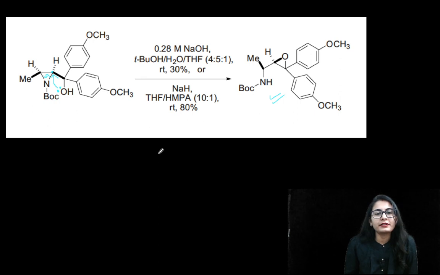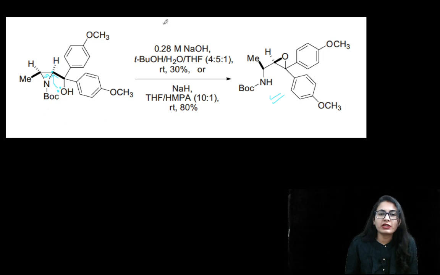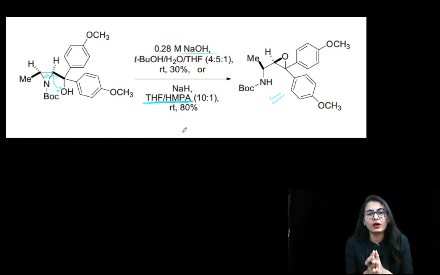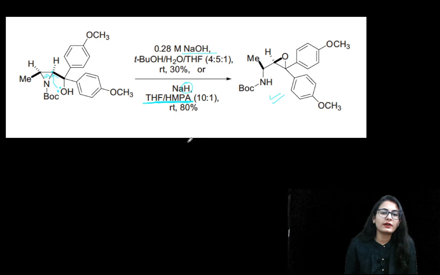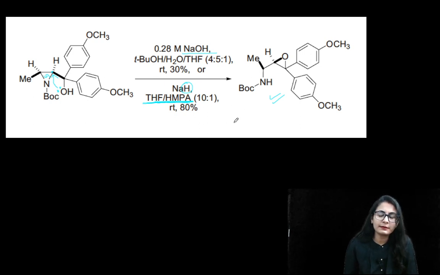So guys, we had two examples from the same Payne rearrangement, and you can see that first of all we are having a base, and then THF and HMPA. Now the role of HMPA is to not cause any aggregation of the base, the hydrides that we are having over here. That's why these are the conditions which are used. Very simple reaction it is, the Payne rearrangement. And whenever you have nitrogen, you can call it an aza-Payne. You have a lot of other possibilities also.